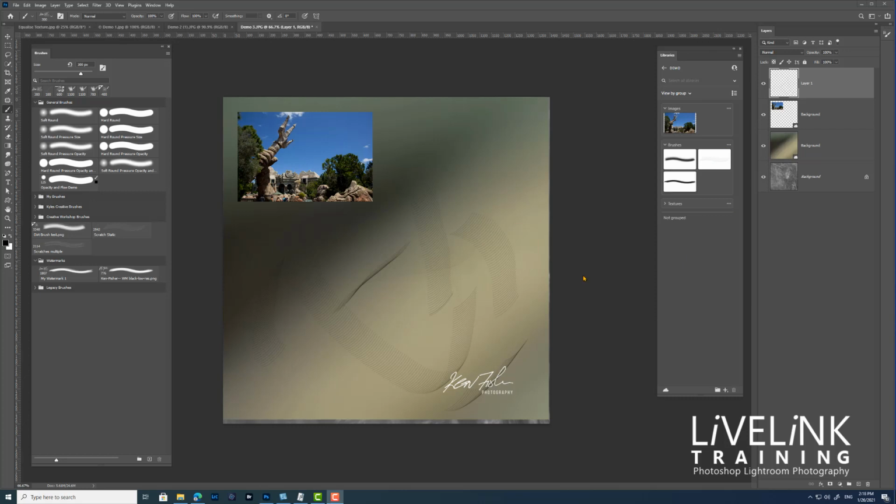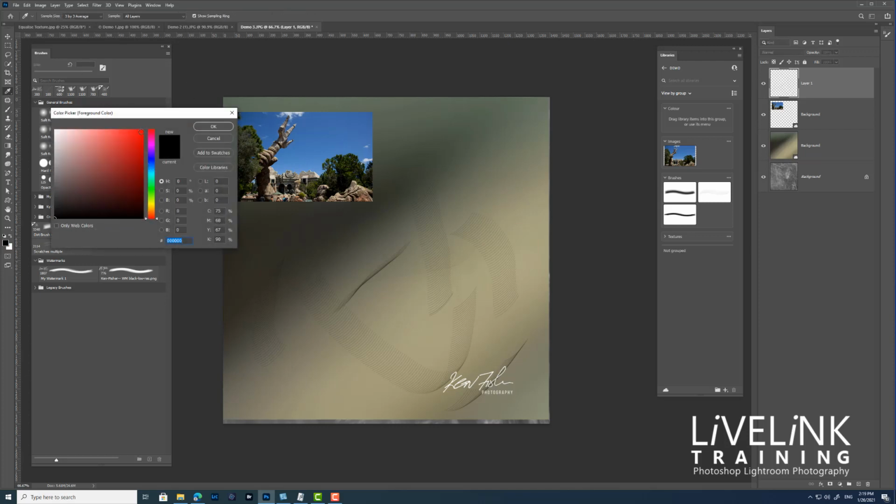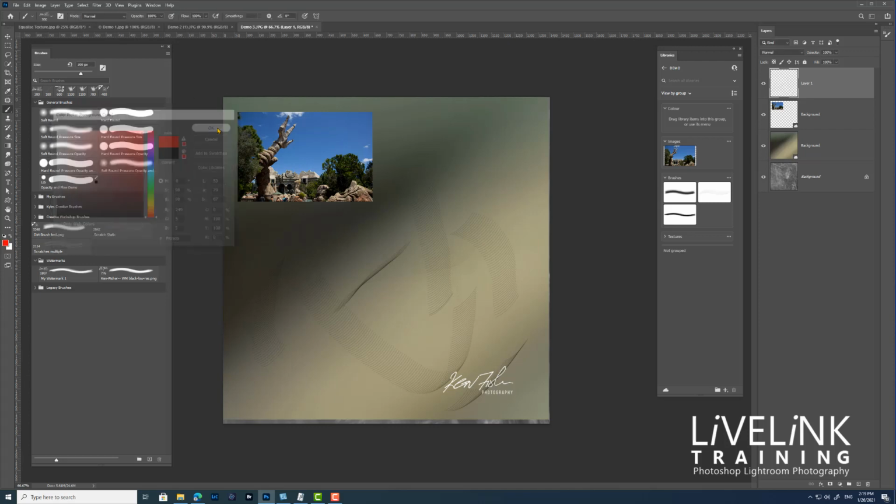Now, what about colour? Okay, well, let's have another group. We'll have a new group and we'll call it colour. And what I'll do is, you may have, let's say, a set of colours that a specific client has, or a specific set of colours that you want to remember. So let's say I want a bright red. Then I can go down to the plus icon at the bottom of the libraries panel and I can add the foreground colour. So that now gives me, and this is the hexadecimal reference for that colour,